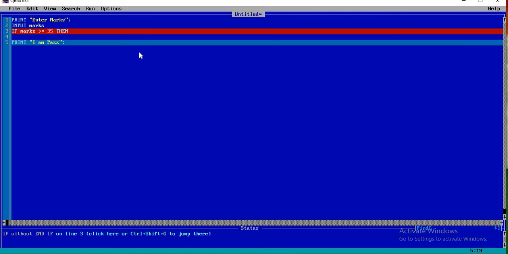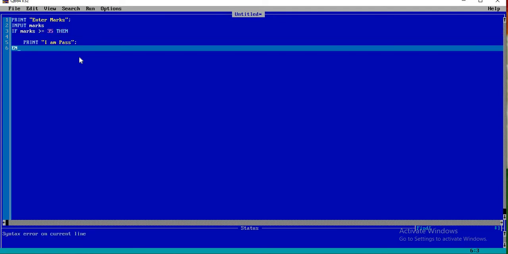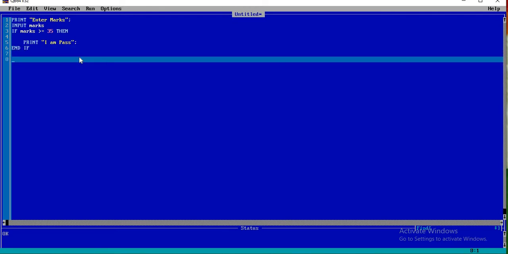Here marks greater than or equal to 35 is our condition and print I am pass is our true statement. Now we end the if statement with end if, and last we write end for ending the program.